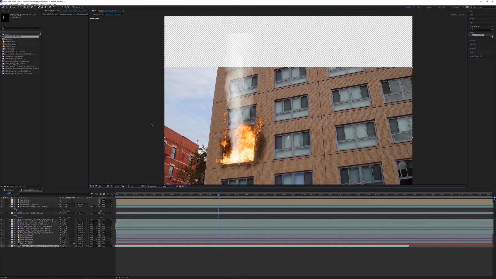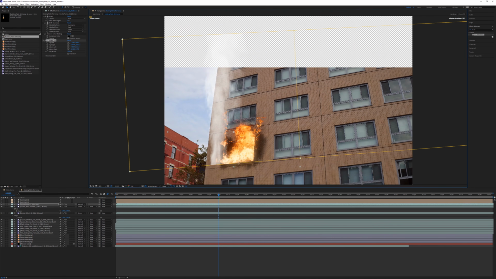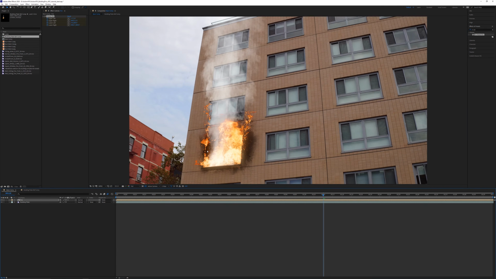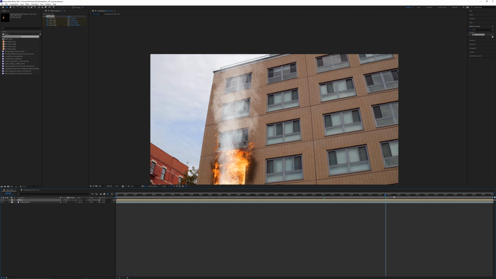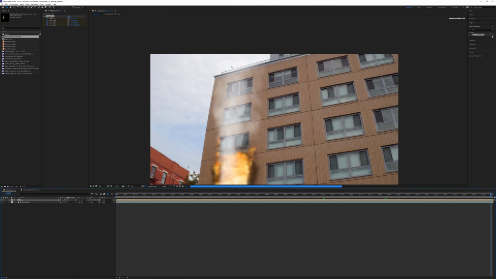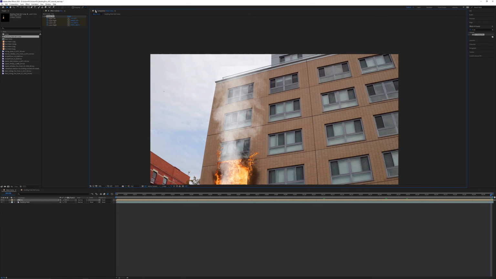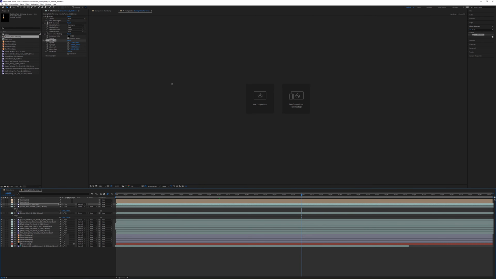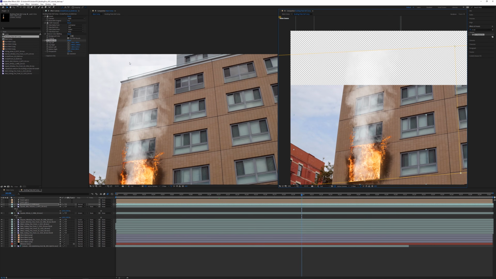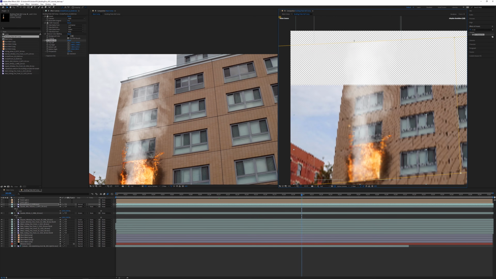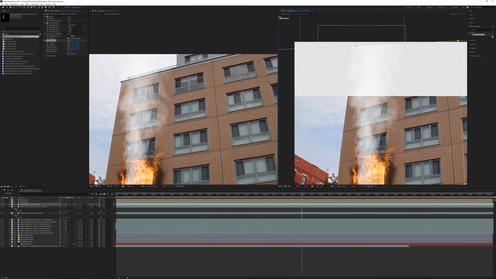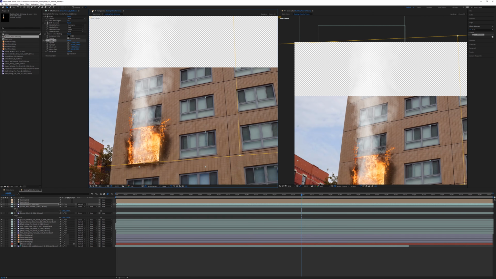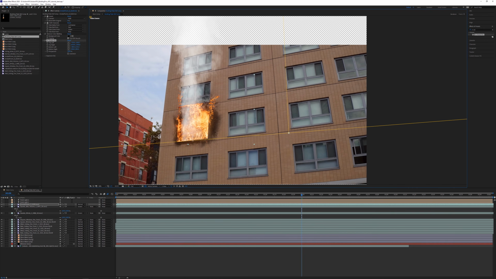Don't worry too much about it stretching right now, because we can always just pull that back and make this a much larger set of smoke. But then when we go back to our main comp, it will no longer run out as we look higher up. But you probably want to go all the way to the very end and see where that is. You can lock your composition here, double click your fire comp, pull over the fire comp, and then you're referencing the last frame here. But inside this comp, we don't really have any animation going on the plate, so we don't really know, and we can just pull that up pretty high, something like that. And we can unlock this comp, close it, and then just go back into working on our smoke.